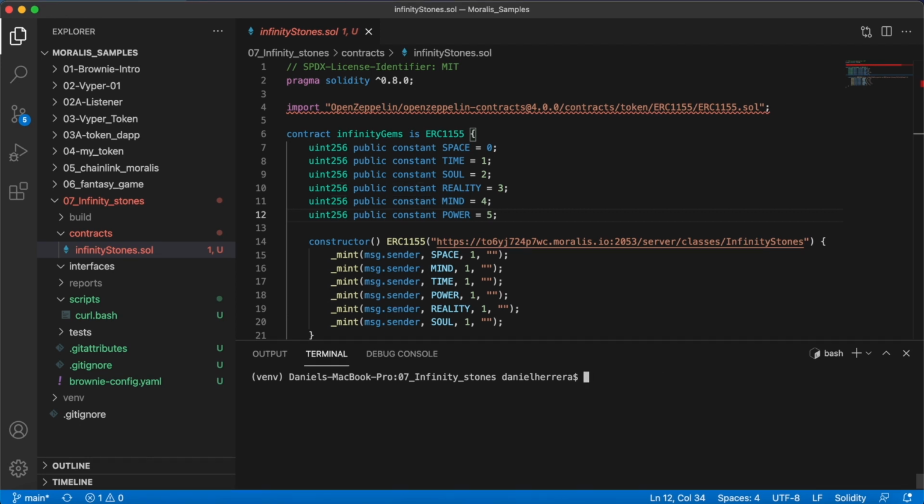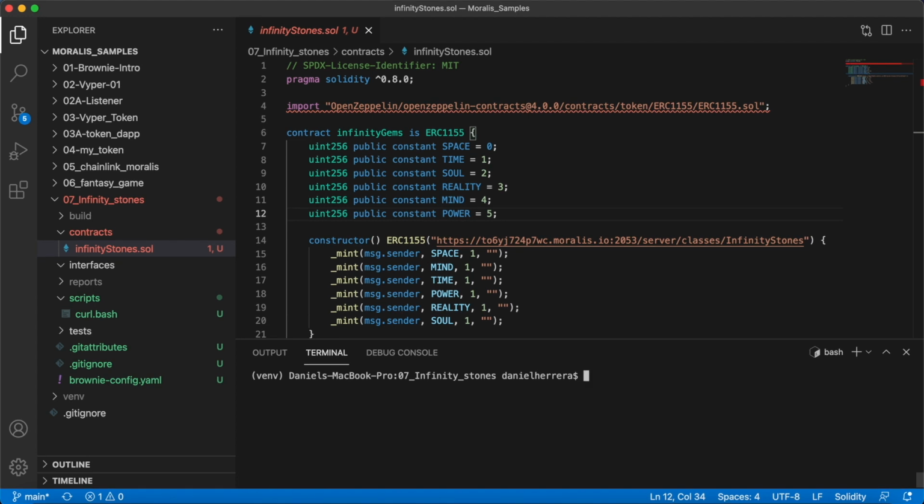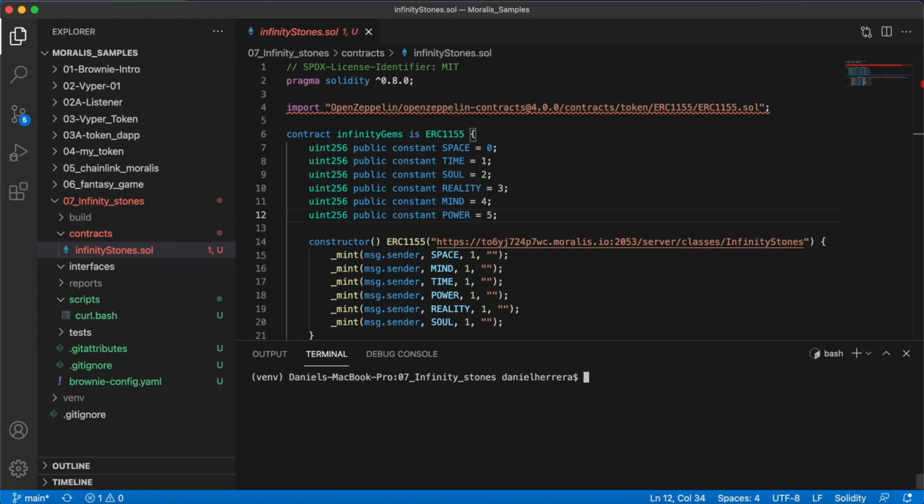So for reviewing that I have it available, I do brownie accounts list, and when you have created your account correctly, you are going to see it appear here. Once you have done that, then you are ready to proceed to your deployment. To deploy, first we need to enter into the Brownie console in our network, in this case the Mumbai testnet. So we are going to do the following: brownie console network mumbai-moralis,